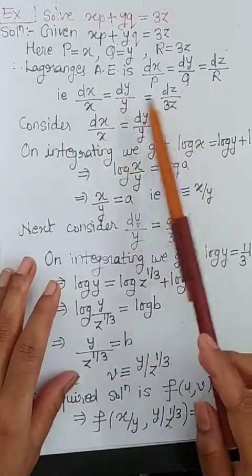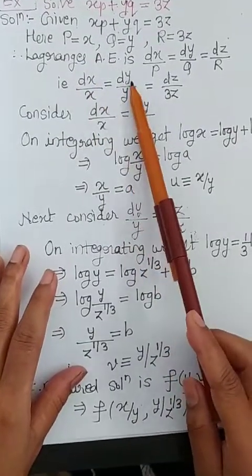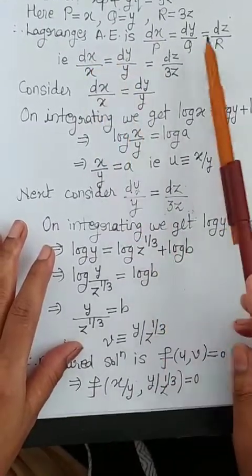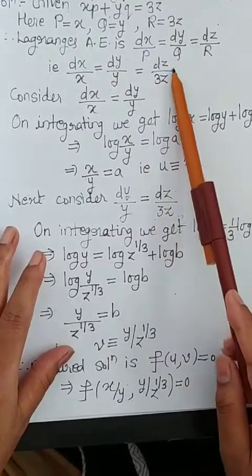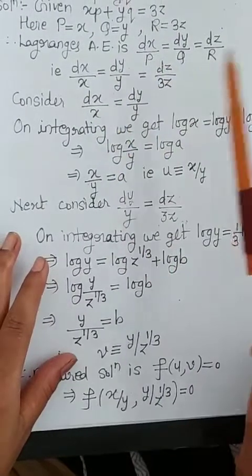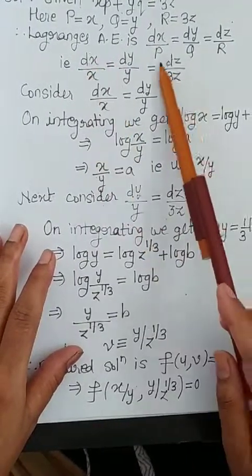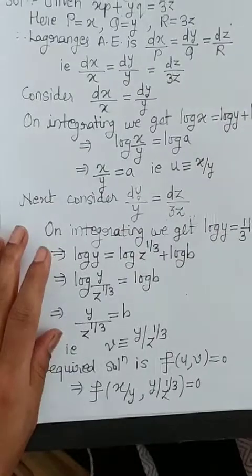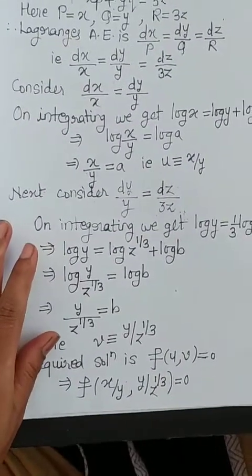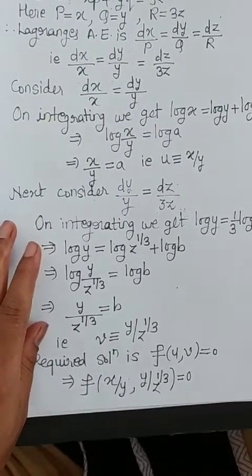Right. Again let us see what is the possibility of grouping. Can we consider the first two fractions? Yes, because here it contains completely x and y. Next, can we consider second and third? Yes, because here it contains y and z. Is there any possibility of first and third? Yes, completely x and z. So here again we have three pairs to be grouped in order to get the solution, out of which we will consider any two.